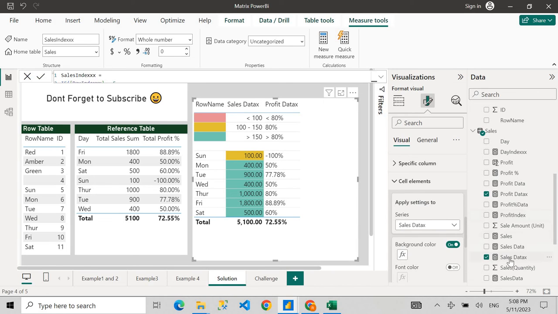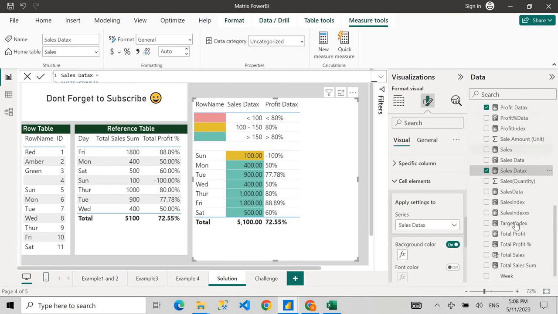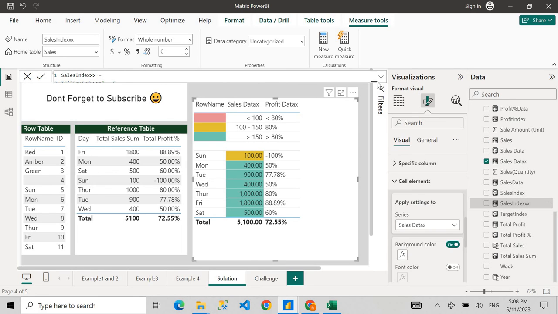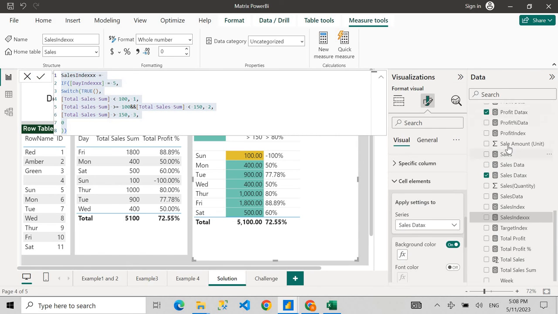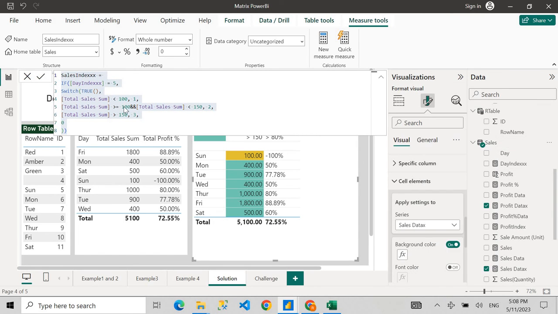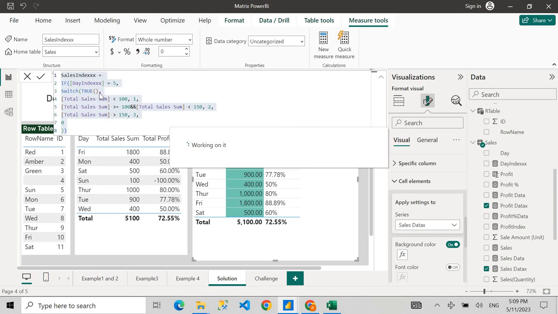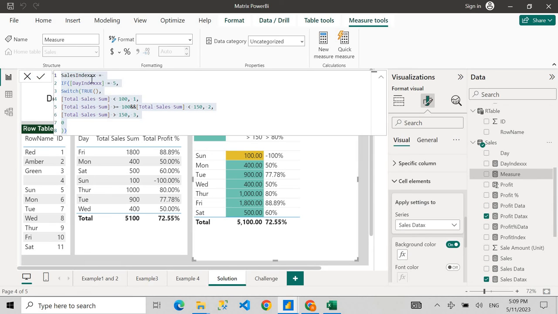Now what we're going to do is repeat the same step for profit percent as well, okay? So this was for sales index. Now let's go create another measure, okay? And this is going to be for profit index. Okay, let's copy paste, and I'm going to rename this as profit index triple X. So if it's 5, which is for these days, for these rows, right? If it is less than, so for profit, the percentage should be in decimal,